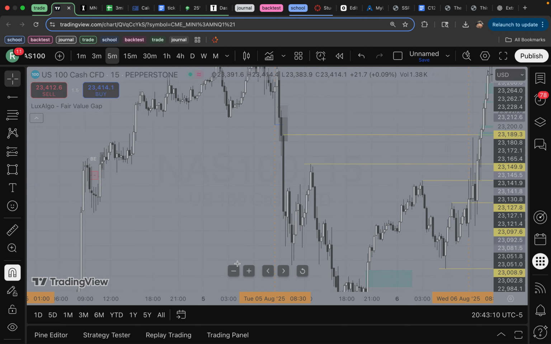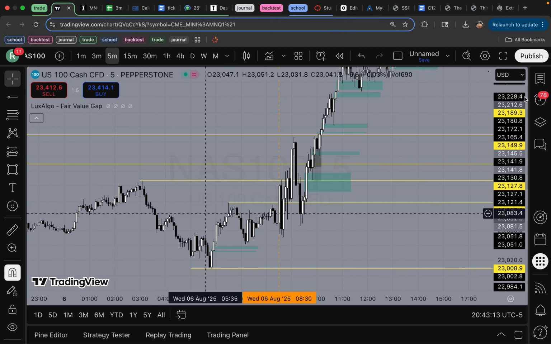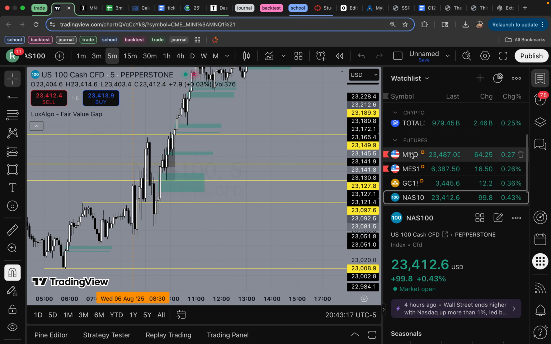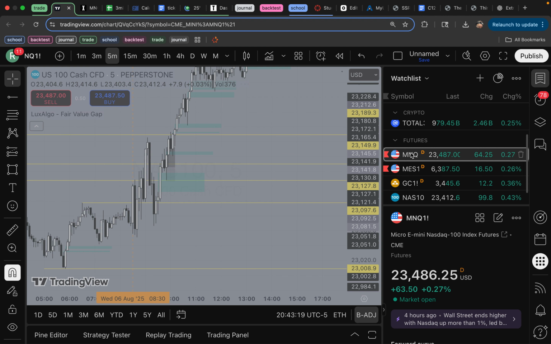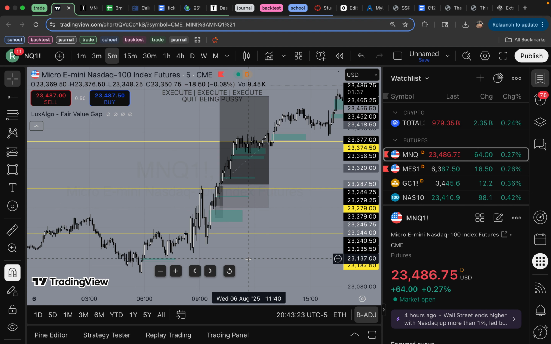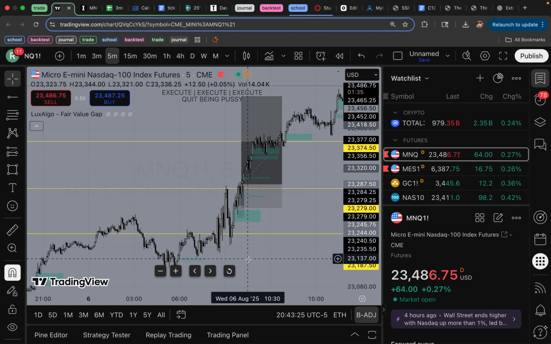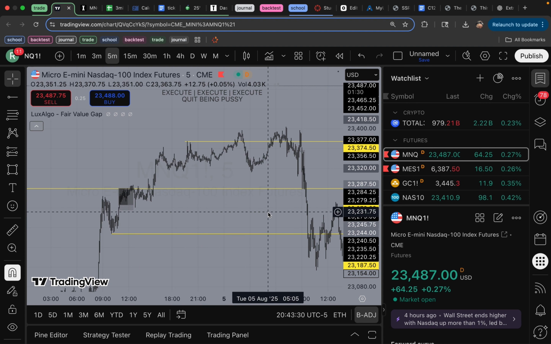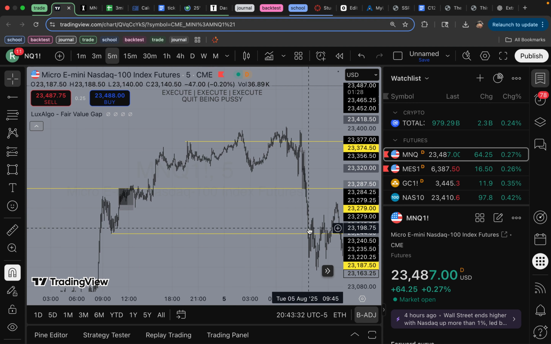We'll go down to the 5 real quick. Why the fuck am I looking at this? It's the wrong chart. Same idea though. So we'll still go down to the 5-minute. Yeah, my laptop is dying, bro.